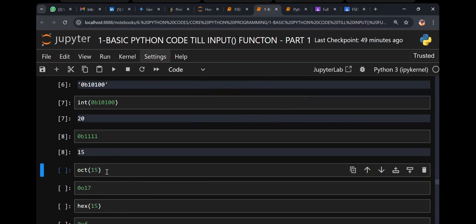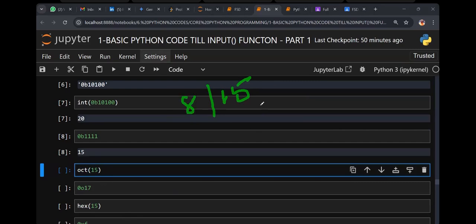Okay. When I say oct of 15, oct means what? Octal. What is the base value then? 2 or 8? 8. So here 15, can we divide by 8 now? 8 1s are 8.